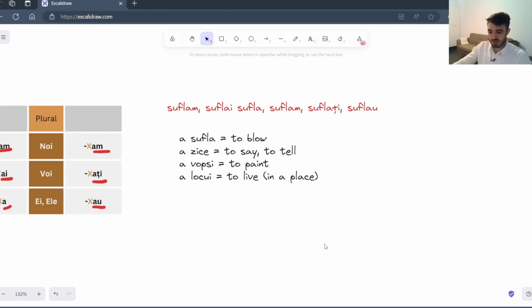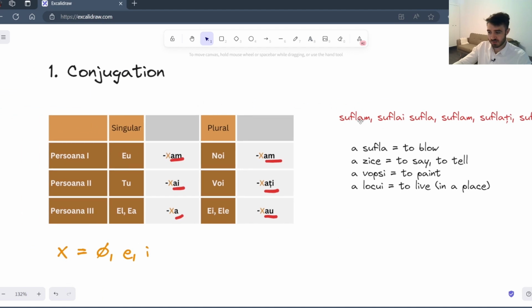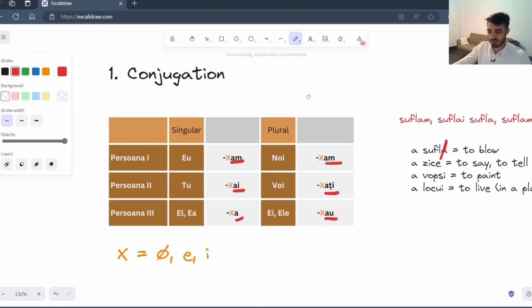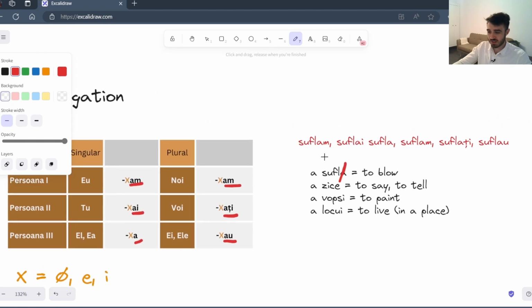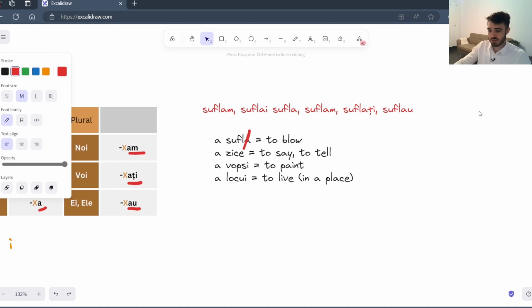Yeah, as you can see here, this one has the x as nothing. You just cut the ending and then add this. So once again, you cut the infinitive ending. This is how it works with the infinitive. You cut the infinitive ending and then you add those. Right? So coming to the next one, a zice. Yeah? So you cut the ending, ziceam, ziceai, zicea,